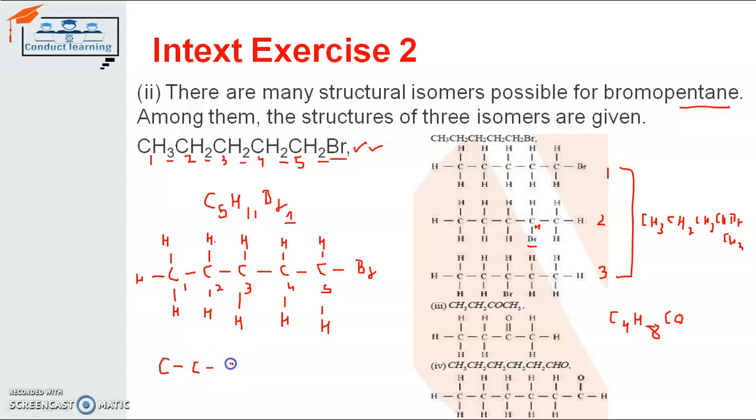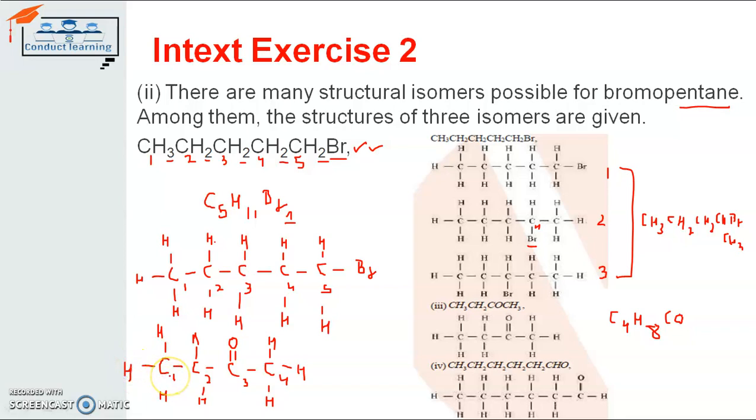C, C, and C. So there are the 4 carbon atoms: C1, 2, 3, and 4. So you can have the C3 with double bonding with oxygen. The rest of the carbon atoms will share their electrons with the hydrogen atoms. So accordingly you can draw the number of hydrogen atoms here, which will help to complete the carbon covalent bonding. So accordingly you can write down the formula for it also.